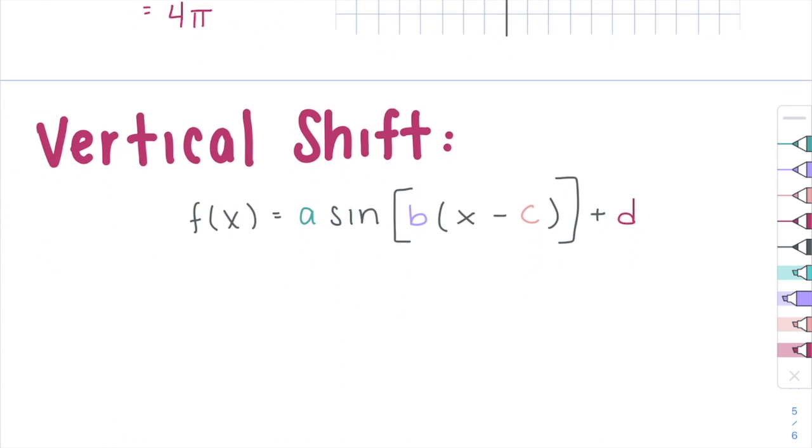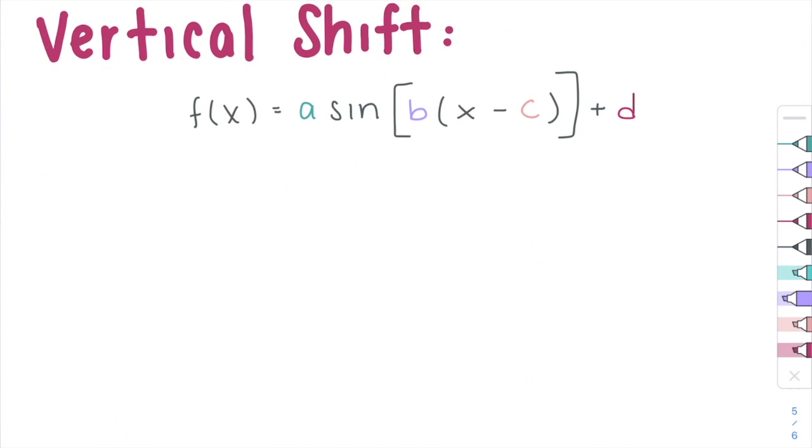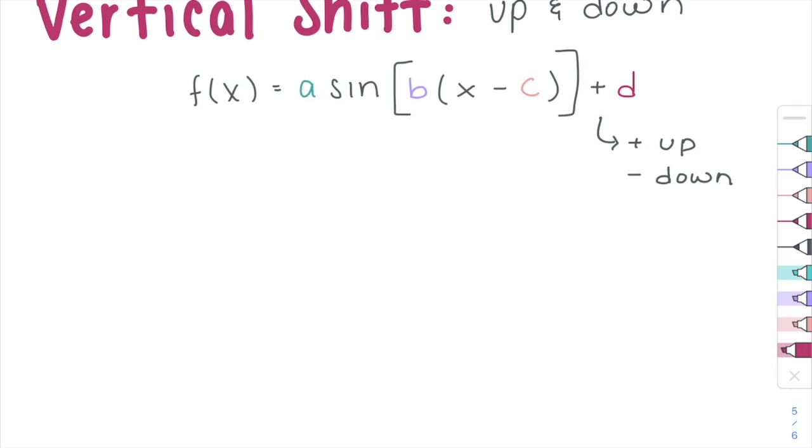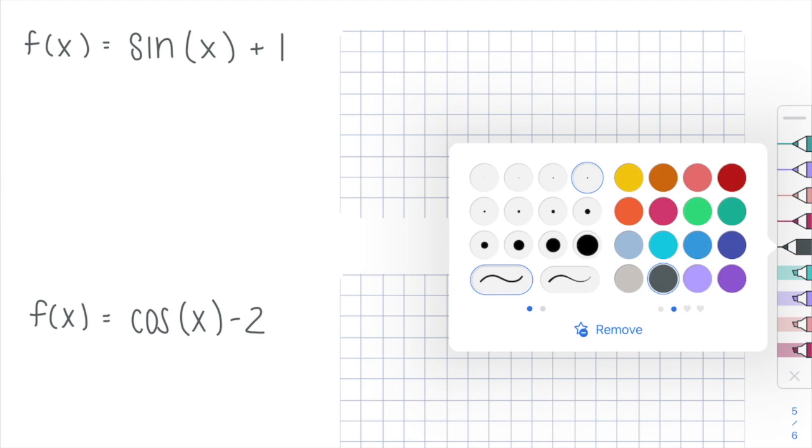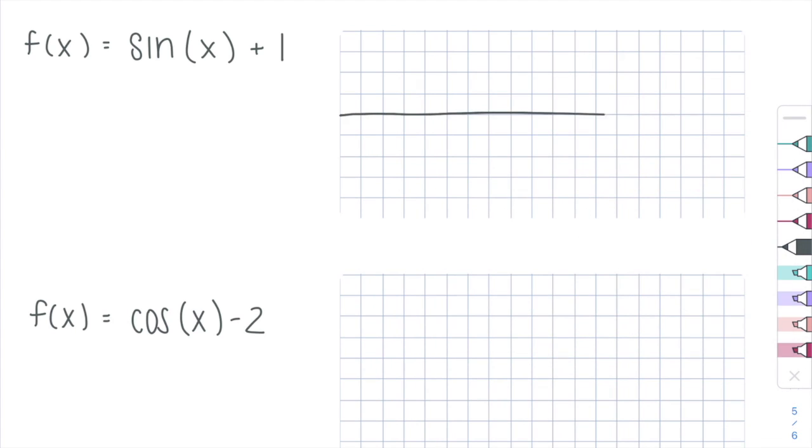And then our last one is our vertical shift, which is just like our up and down. This is our up and down. Just like with our transformations, if it's positive, it's up, if it's negative, it's down. And the easiest way for us to do that is to look at this number that we add or subtract at the end, and that's how many our points are going to move up or move down. So if we look at the sine graph,